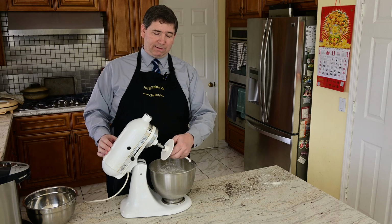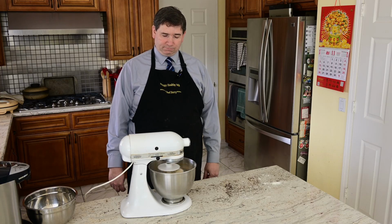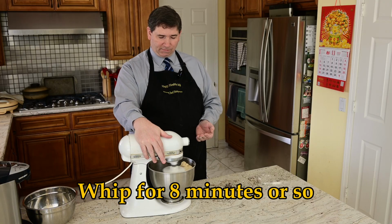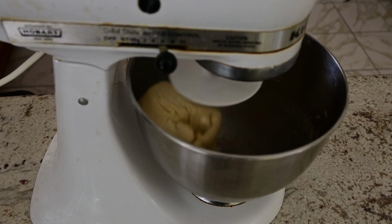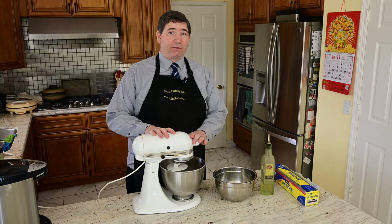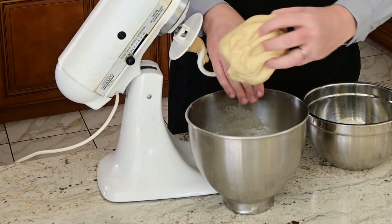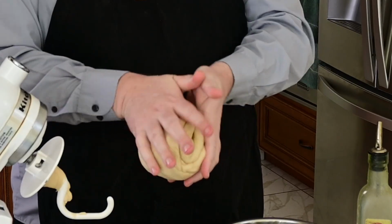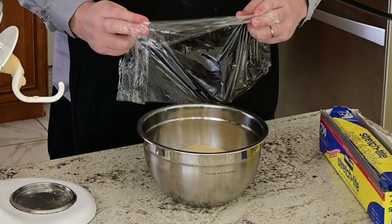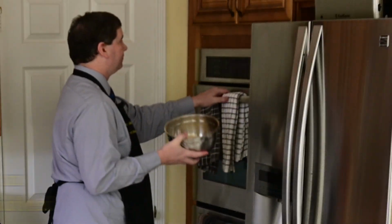Once you've got your dough ball, time to let the kneading hook of your stand mixer knead the dough. Now that the dough has been thoroughly pummeled, it's time to take it out and shape it to perfection. A nice dough ball will suffice. I'll put it into a greased container. Cover it with plastic wrap to keep it from drying out, and let it rise till double in size